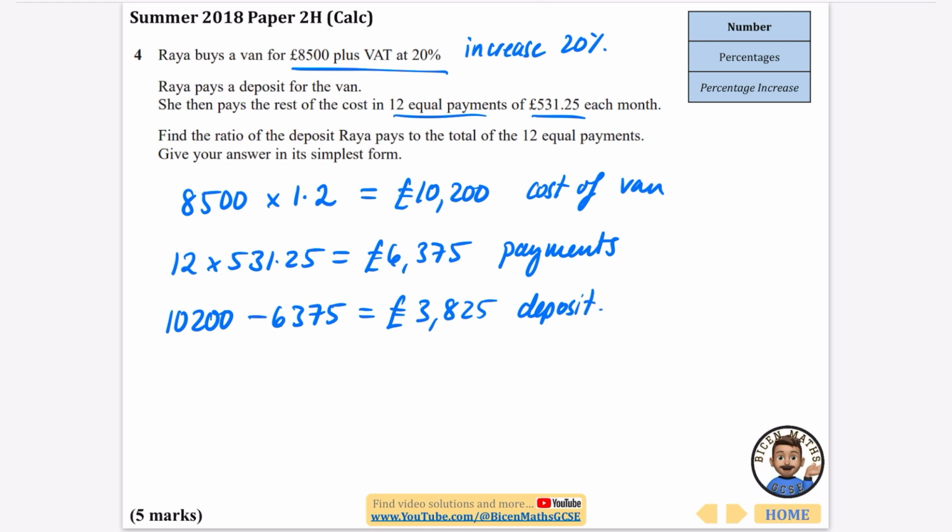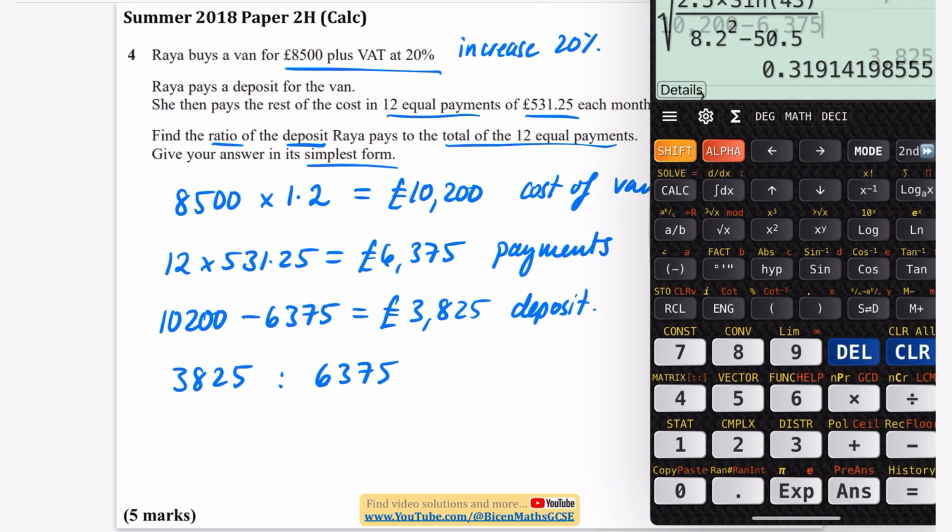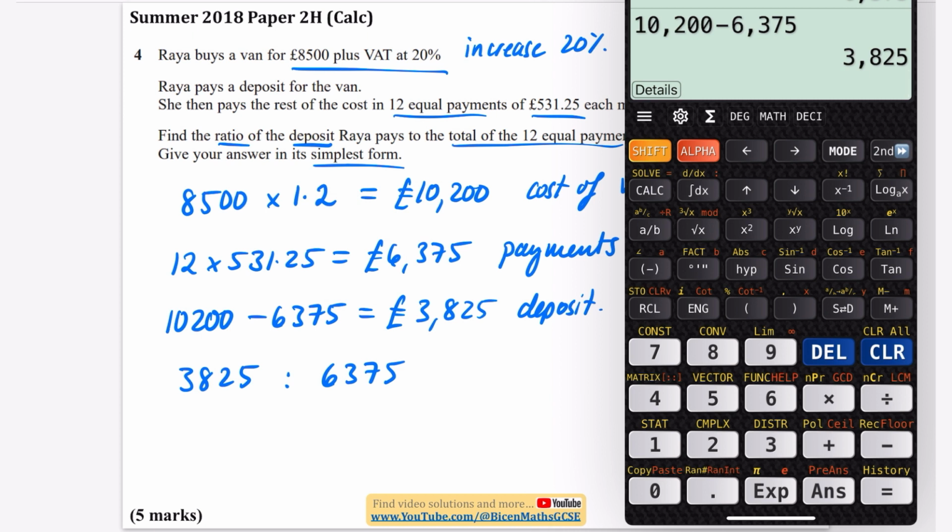Now let's read the question. Find the ratio, so I'm definitely going to want a ratio sign here, of the deposit to the total of the 12 payments. Well, the deposit is 3,825 and the payments was 6,375. And it says to give your answer in its simplest form. So there's a really neat thing you can do with the calculator. You can actually just write it as a fraction and it will give you the numbers that it would simplify to. So if I do 3,825 and then on the bottom if I do 6,375,